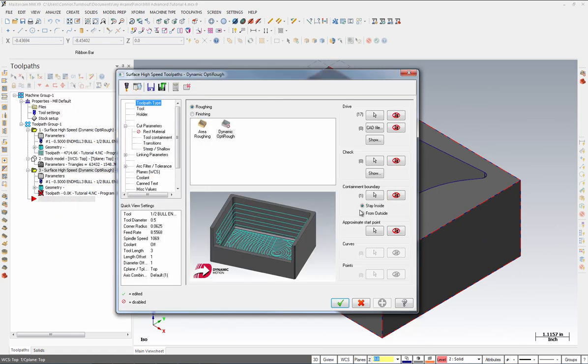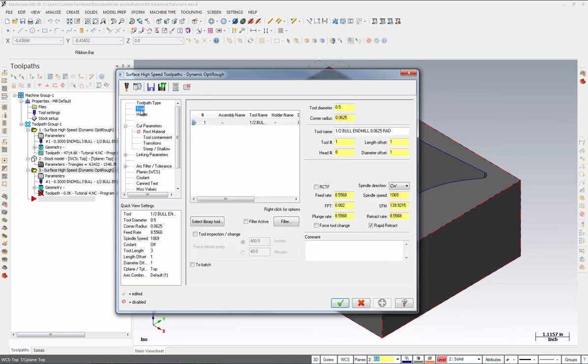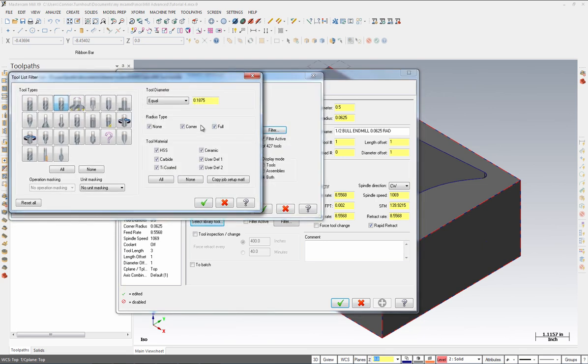Under the toolpath type, we want to make sure that the containment boundary stays inside as opposed to from outside. We also want to make sure that it's roughing and not finishing. Come over to the left-hand side and select Tool. Select Library Tool and Filter. We want to make sure that our tool diameter equals